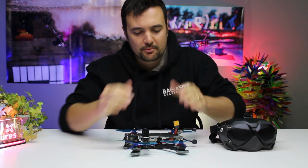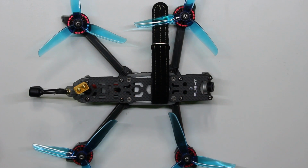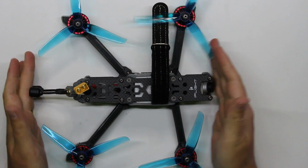So let's do it. Break it down on the bench, start with a bit of an overview, and what it is, we'll get this in shot in the roof cam. It is a bind and fly 5-inch drone. It's doing some things a little bit differently. Of course, it's got the DJI system in here, but essentially, you're meant to be able to take this thing